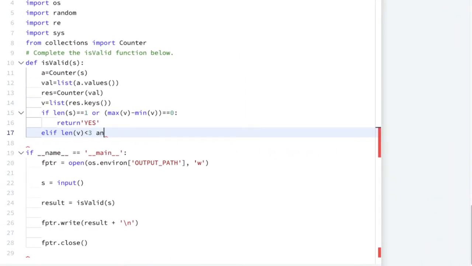Now, at the same time we have to check test case scenario number 2.